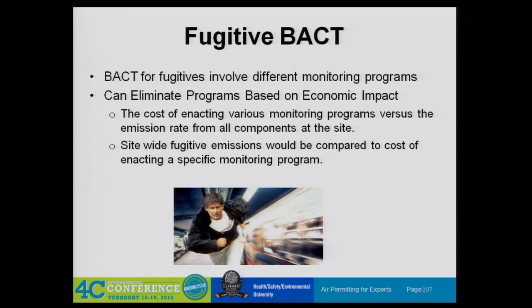Fugitive emissions. Is there an add-on control technology for fugitive emissions? Probably not, other than building a dome around your whole facility that's controlled and putting a carbon absorber on the top of it. But there are different levels of controls for different levels of programs. And over the years, we've gotten so many different kinds of fugitive emission